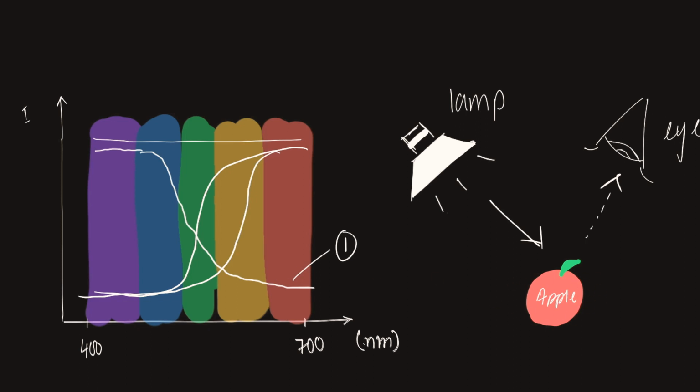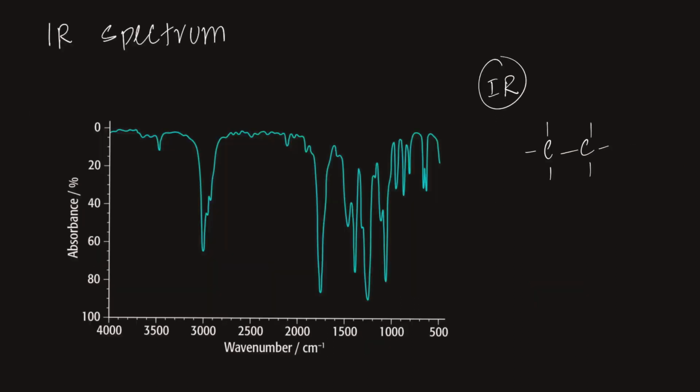Let's see now how this applies to an IR spectroscopy curve. So here's a very scary looking graph. Let's try to see what it means. Over here I have an organic molecule and I shine infrared onto it. Now these bonds can absorb different shades, or different frequencies or wavelengths, of this infrared. The infrared is spread out over this range, and some of these particular bonds can end up absorbing different little